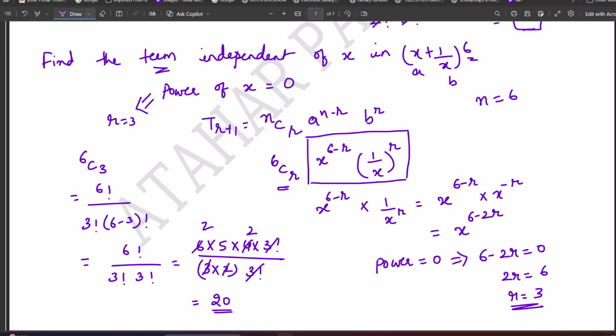Okay, clear, right? So this was all about the binomial theorem. They can ask you more and more questions from anything which we have discussed today. You can form many multiple choice questions, or just watch this video carefully and make notes. So any question they ask from the binomial theorem, you will be able to answer them.